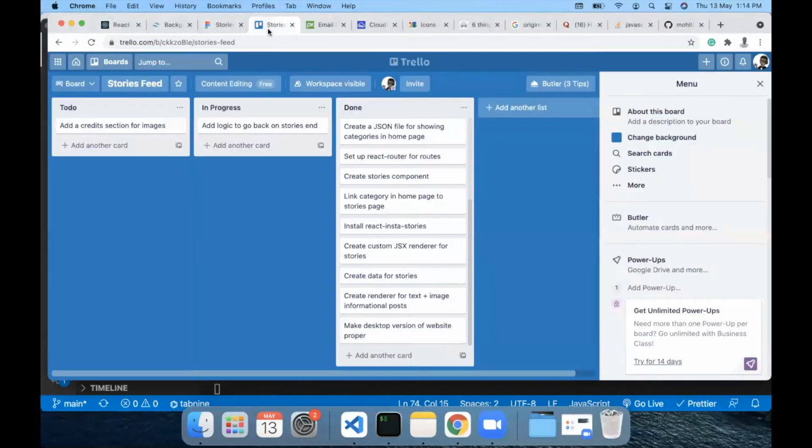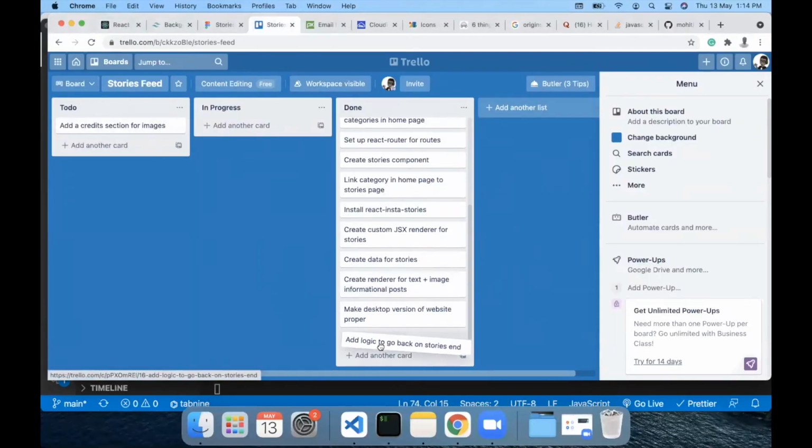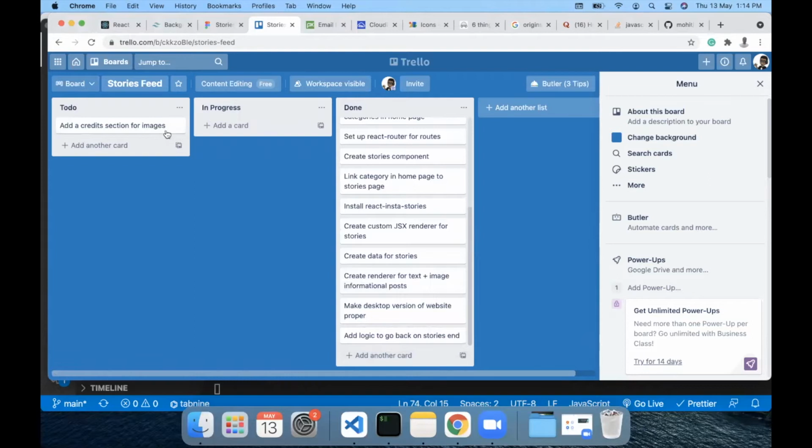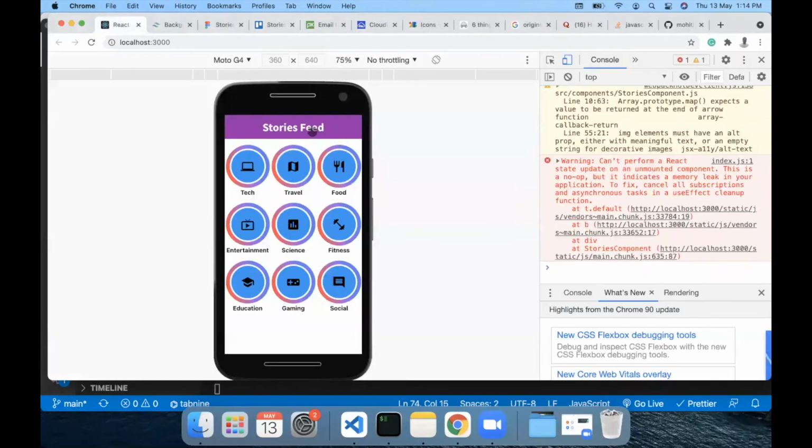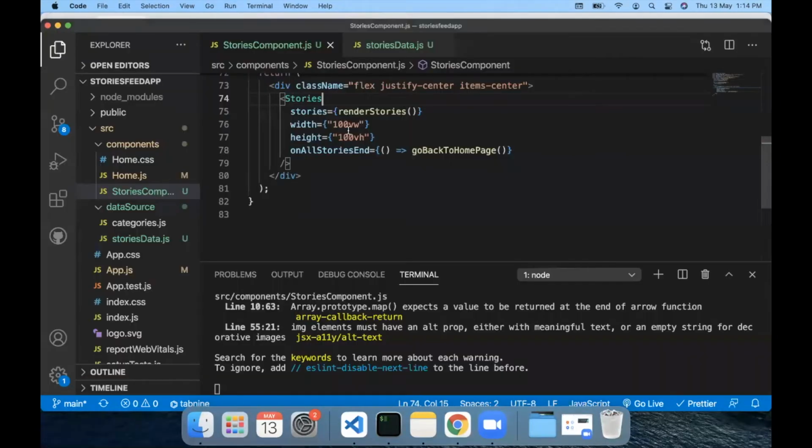Other than that, we need to add a credit section. I will add the credit section in the final. So basically what we need to do is we need to add an eye icon here, on click of which we need to open a pop-up. So for that,